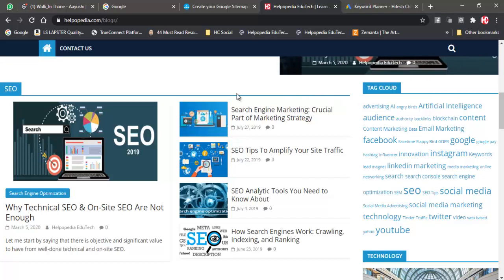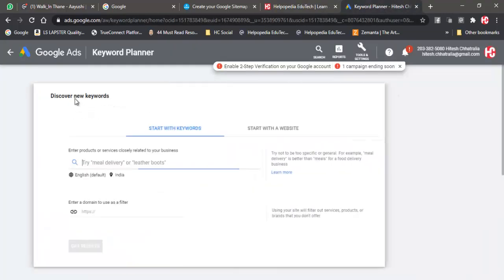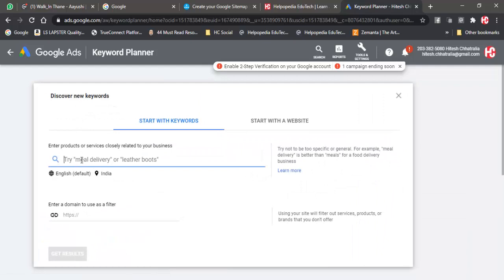So when I select those keywords, the first thing I need to know is to go over here and search for those keywords, whether people are actually searching or not. Then I can select, okay, this would be my primary keyword, this would be my secondary keyword, this would be my tertiary keywords.